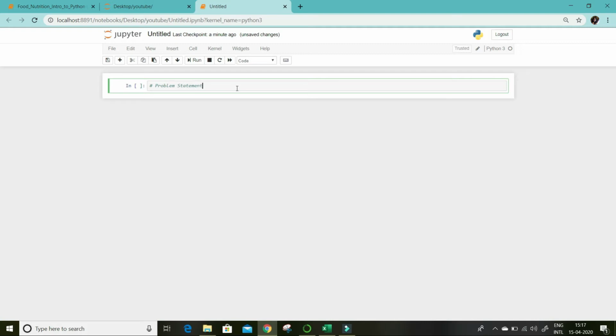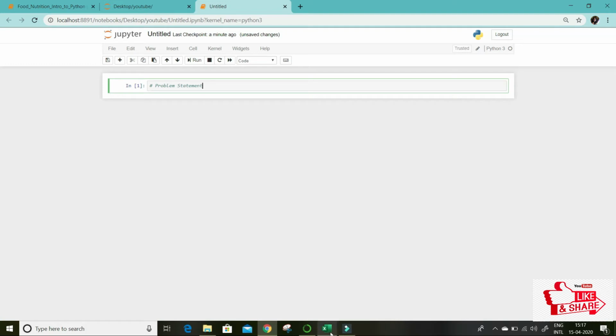If you have to execute this, you can either click run or press Control Enter. It will run your command. Once it has run, you can see it is in blue. If you edit it again, it turns to green. So whenever you are editing, it will be green, and whenever it has run the code, it will change to blue. Okay, so these are some very basics. So let's start.